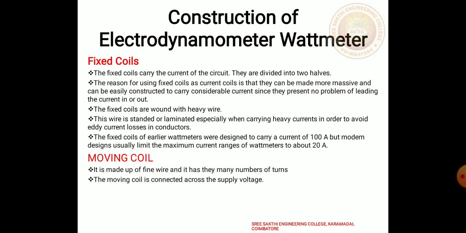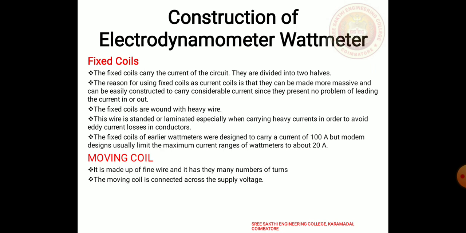Fixed coil. The fixed coils carry the current of the circuit. They are divided into two halves. The fixed coils are also bound with heavy wires. These wires are stranded or laminated, especially when carrying heavy current, in order to avoid eddy current losses in conductors. Earlier wattmeters were designed to carry a current of 100 amps,